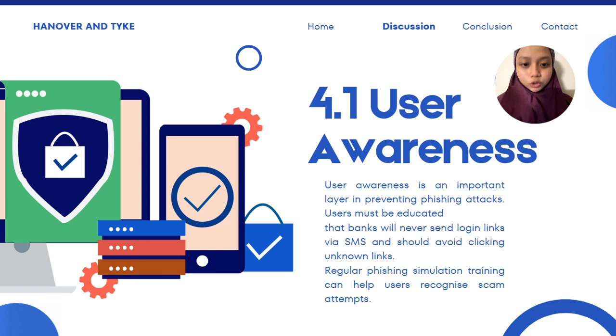Other than that is user awareness. User awareness is an important layer in preventing phishing attacks. Users must be educated that banks will never send login links via SMS and they should avoid clicking unknown links. Regular phishing simulation training can help users recognize scam attempts.